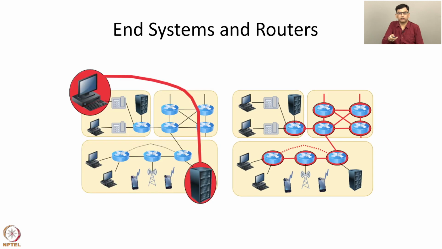This picture shows the contrast between end systems and routers. The figure on the left shows end systems. The end systems are highlighted in red. In this picture in particular, there is a desktop computer downloading some data from a server. So the server and the desktop computer are the end systems. And the figure on the right shows routers highlighted in red. So these routers are shown by the blue icons, and they transport data exchanged by different end systems.